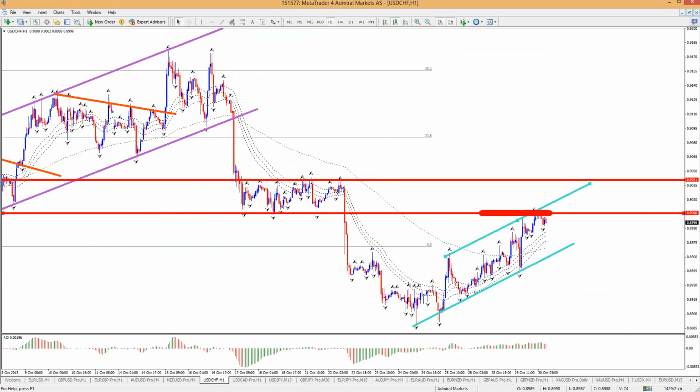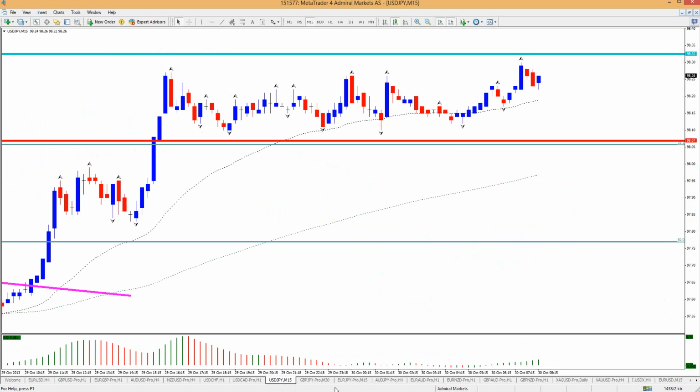Not sure if anyone traded that. I didn't, but I didn't have a pending order there, but it did make sense to look for something like that right at that bottom. So a confirmation would be a break below, right? And that's about it. I guess if we break above this top, we could start looking for a different outlook on the Swissy, but until then, I would say it's bearish.